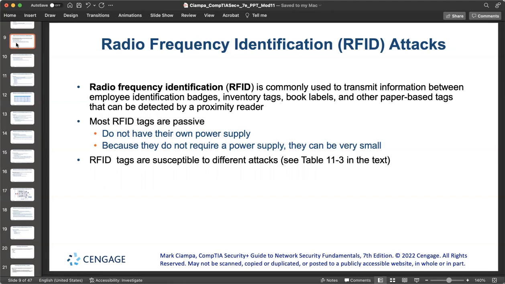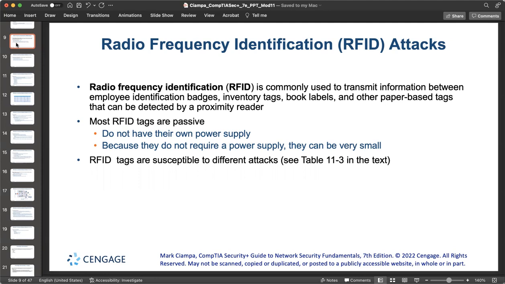And fake tags can undermine the integrity of the store's inventory system by showing data for items that do not actually exist. Also, eavesdropping can happen, in which unauthorized users could listen in on communications between RFID tags and the readers, and confidential data, such as a politician's purchase of, let's say, antidepressant